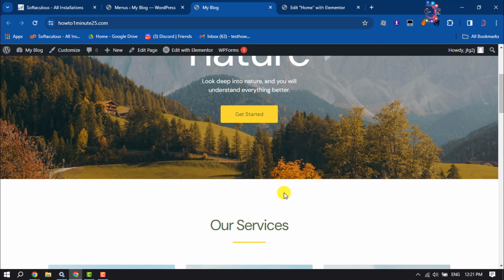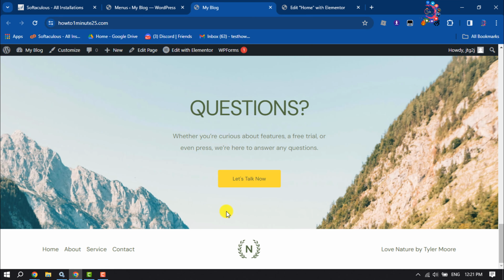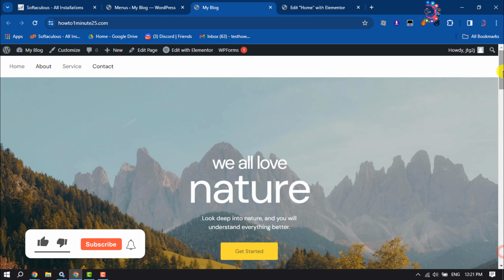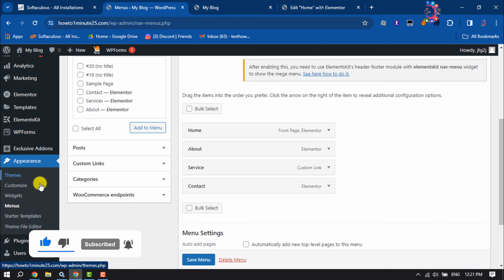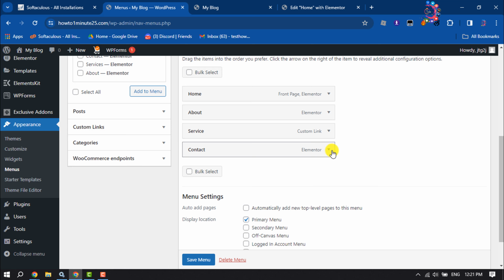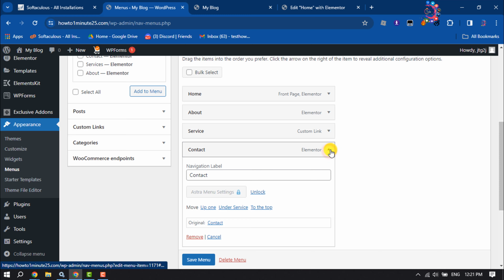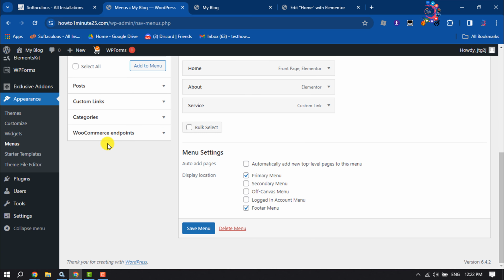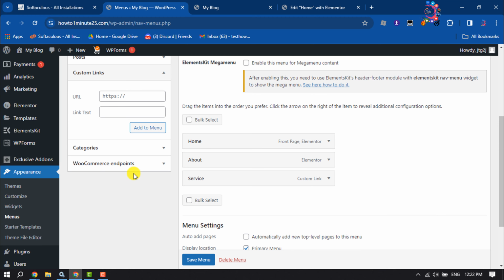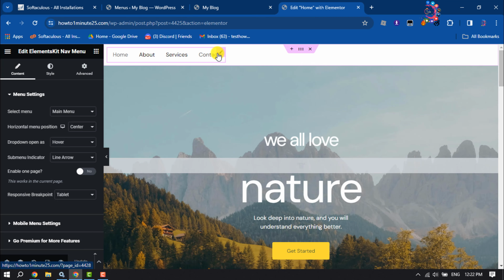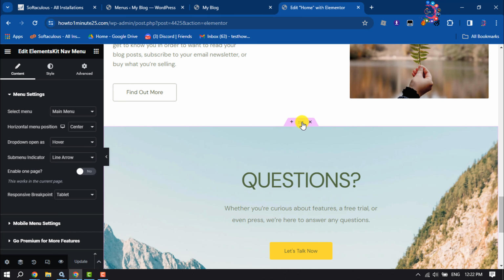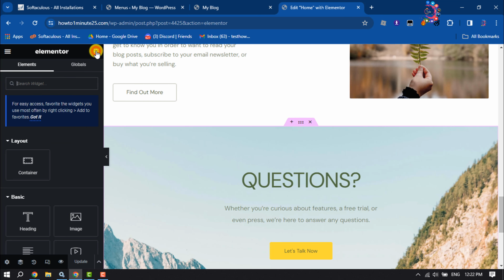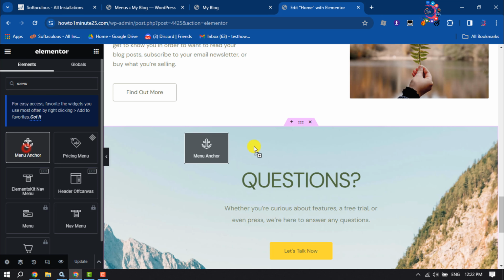And the same way, let's add this contact section to our navigation menu. So I'm again going to my dashboard, and here's my appearance menu section. First of all, let's remove the existing contact item, and now let's click on custom links. Before that, let's scroll down here and select the contact us section, click on widget and search here Menu Anchor. Simply drag and drop it here,